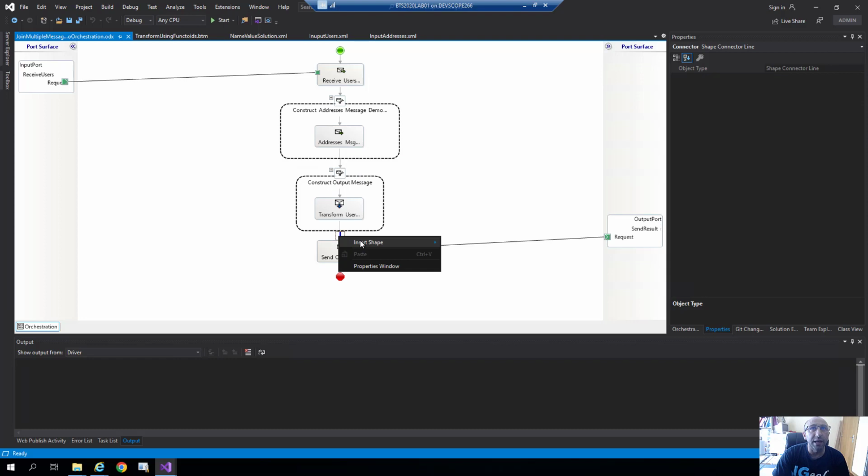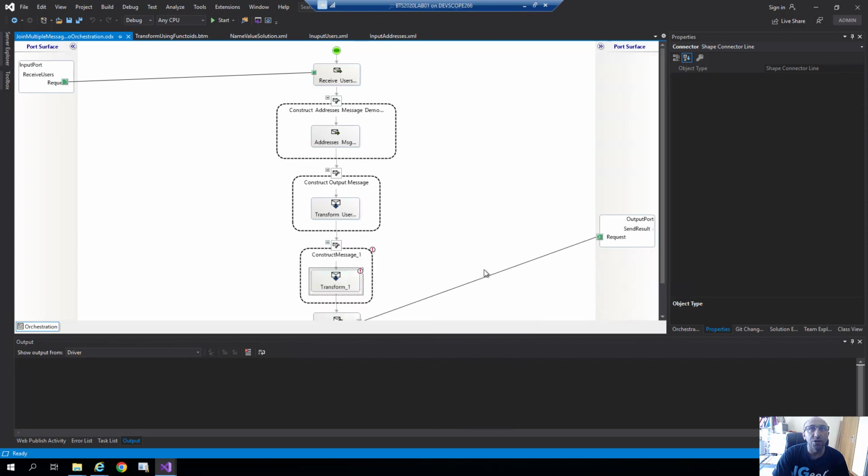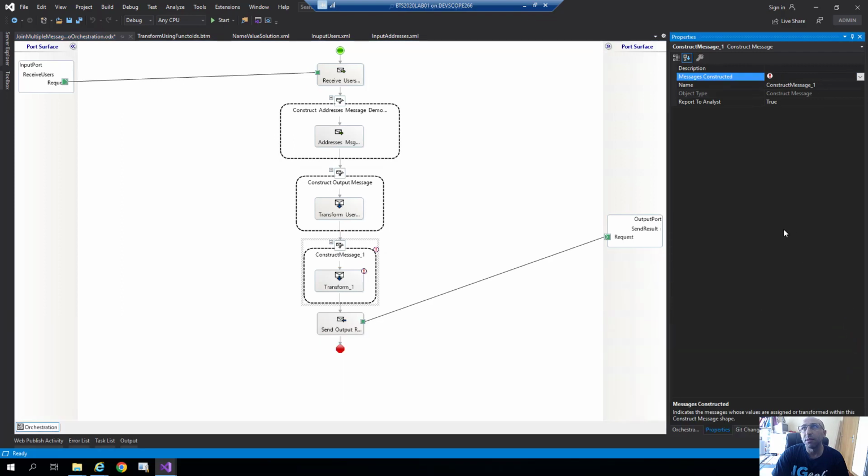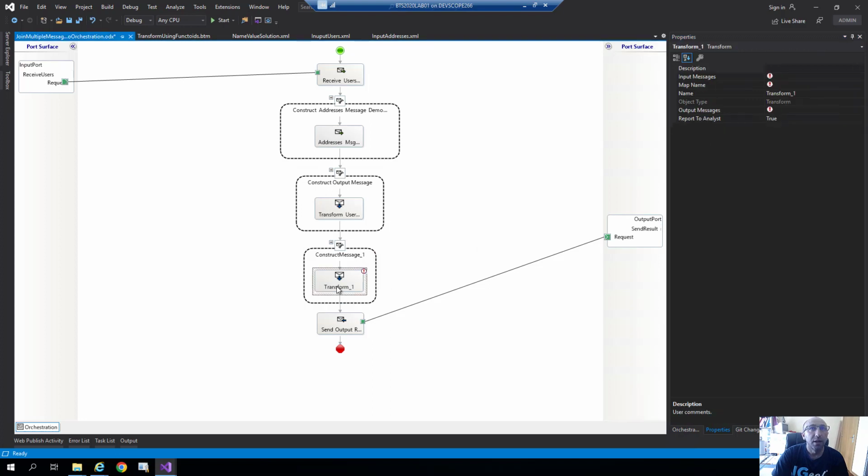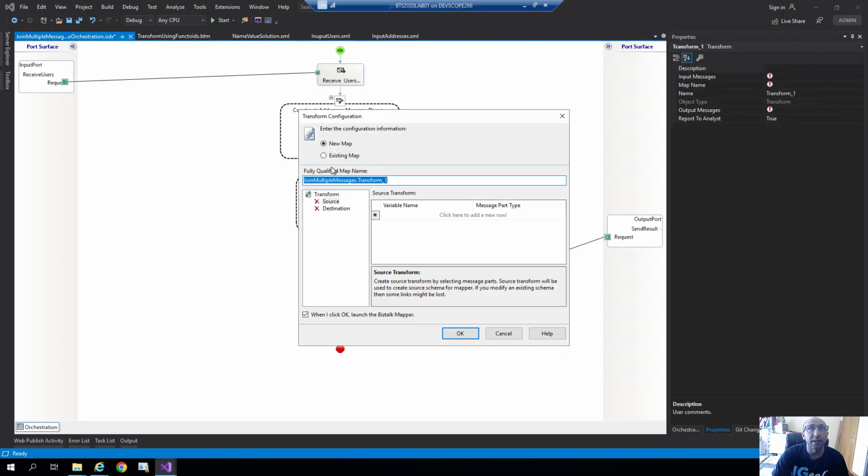And basically, we say I want a new transformation. I want to map. Let me see. As a result, and then I will say that I'm going to add a new map. I'm calling the integration down under map, and my source schema will be address, my other source schema will be users, and my destination will be the result, right? And okay,